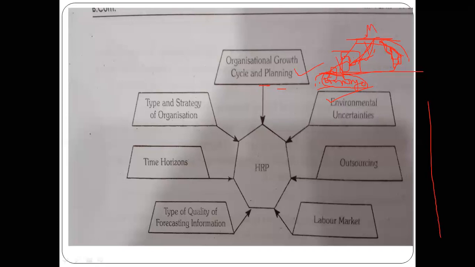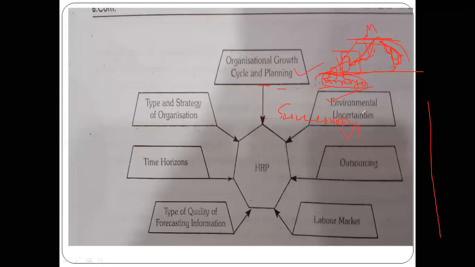Balancing mechanisms are built into the human resource management program through succession planning. Succession planning, this word is very, very important. Succession means after one person's retirement or after one person's transfer, how the organization copes and prepares other employees to fit into that role. Okay, that is succession planning. So succession planning, promotion channels, layoffs, flexi time, job sharing, retirement, VRS.